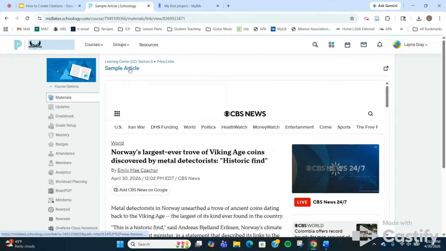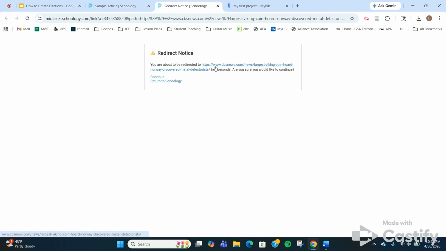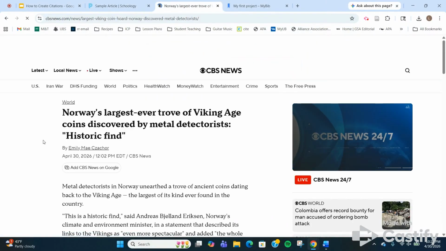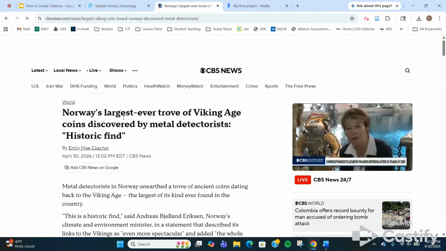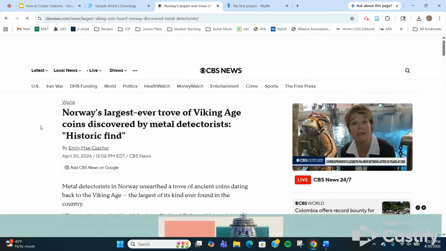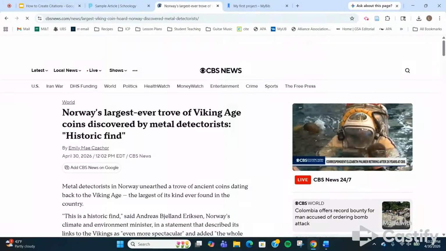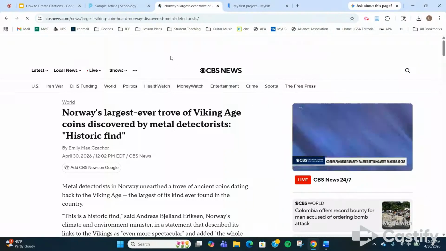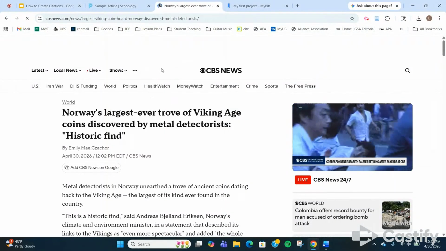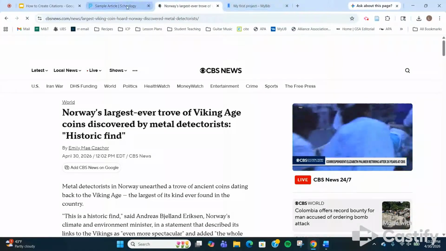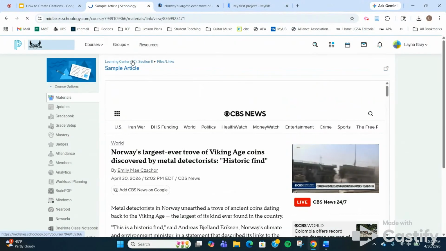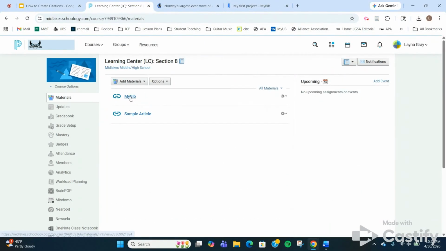You could leave it up here, but I prefer opening it in a browser, so I'm going to have it redirect here. So this is the article that we'll be looking at: Norway's largest ever trove of Viking Age coins discovered by metal detectorists. Pretty cool, not gonna lie. So what we are going to do is use MyBib to help us cite this particular source. Now I already have it open, but if you don't, go back to Schoology and open up MyBib right